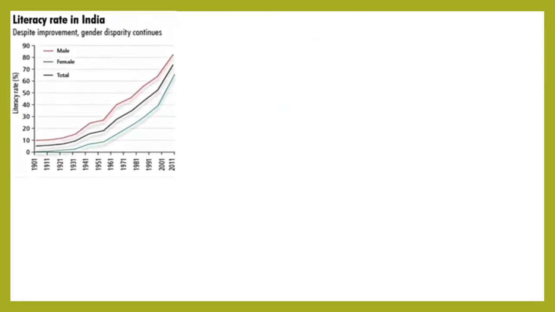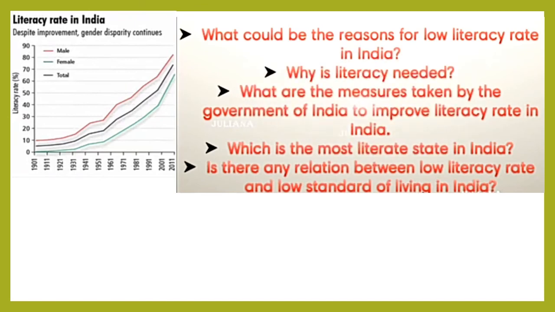So children, if you see the literacy rate in India and compare male and female literacy rate, female literacy rate is lower than that of the male literacy rate, and this is the average. This middle line is the average literacy rate of a country. Why is it so that girls are not given the opportunity to get an education? That we'll see by asking the questions or reasons behind it.